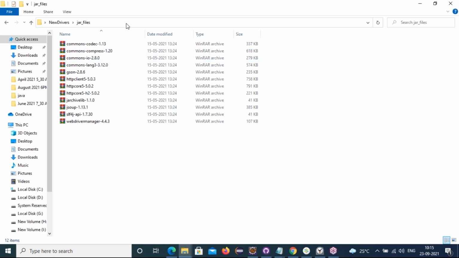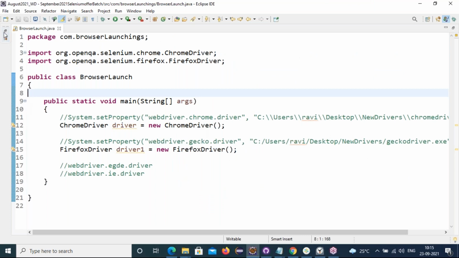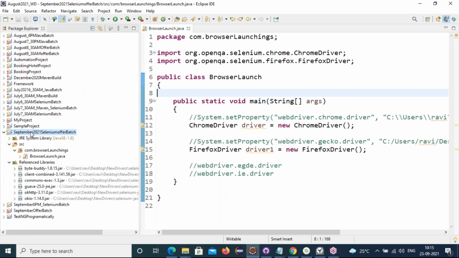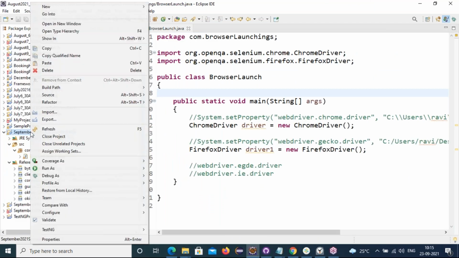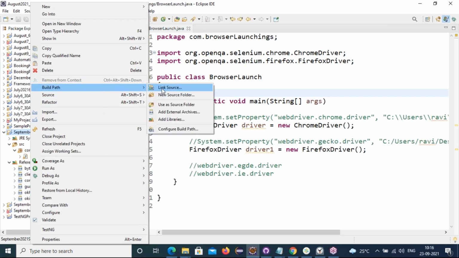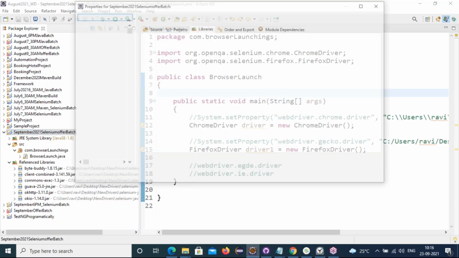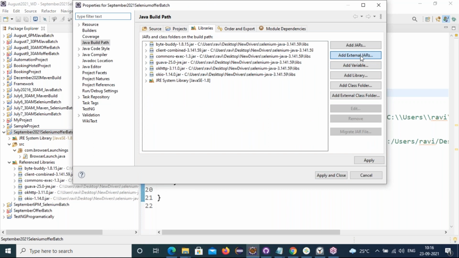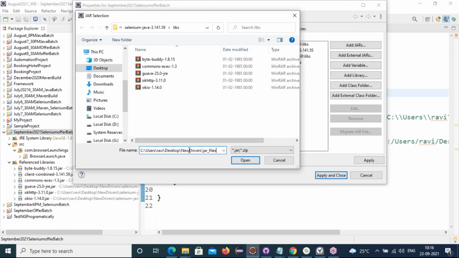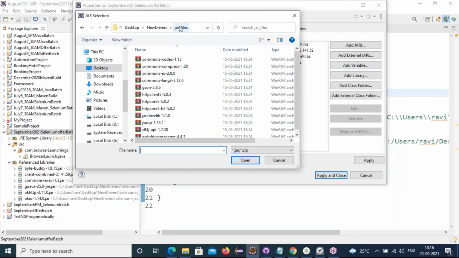So friends, what I will do is configure them into my project. How do I configure? Just right click on the project, Build Path, Configure Build Path, Add External JARs, and give the path where my jar files are.